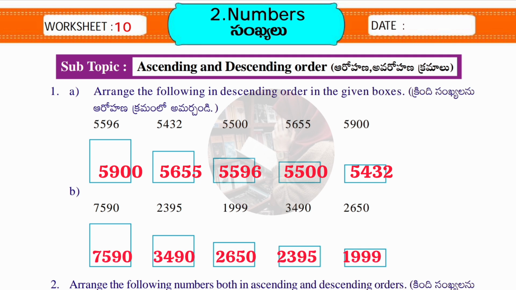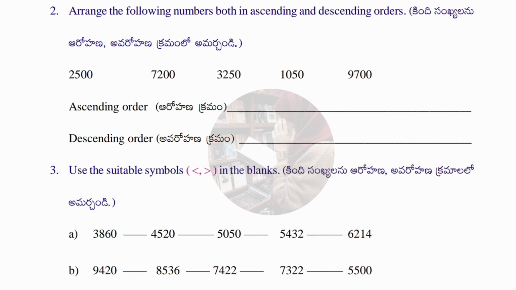So 7,590 is the biggest number, then 3,490, then 2,650. Next number is 2,395 and the last number is 1,999. Got it, guys? Let's see the second problem, which is arrange the following numbers in both ascending and descending